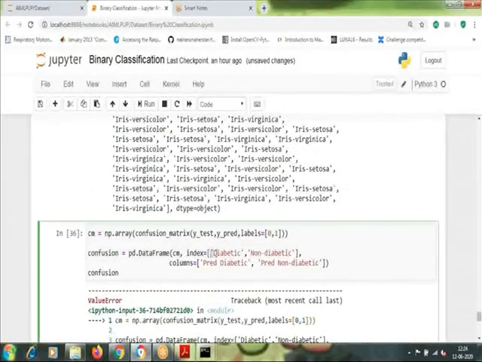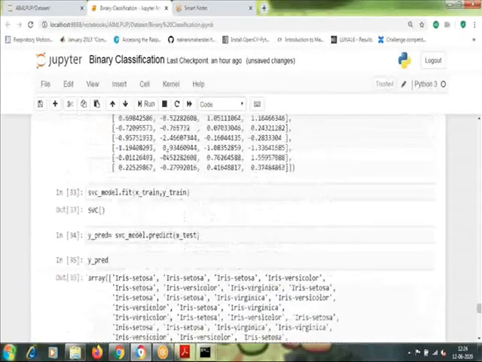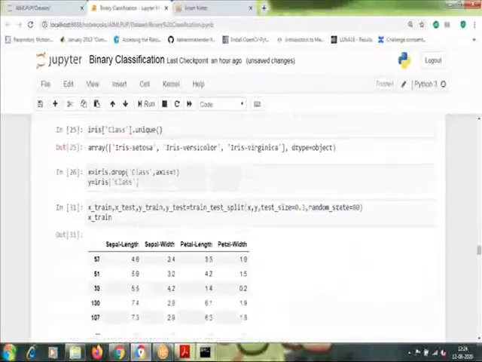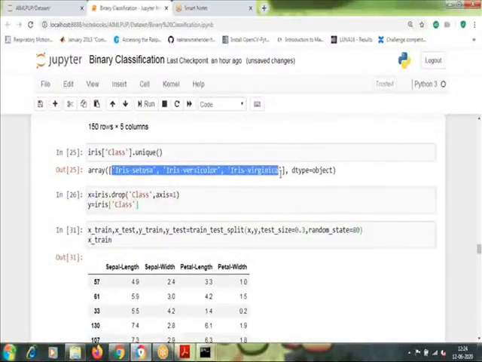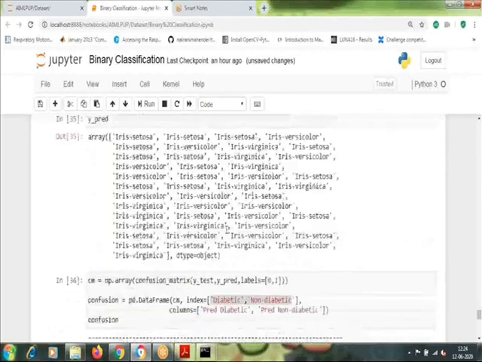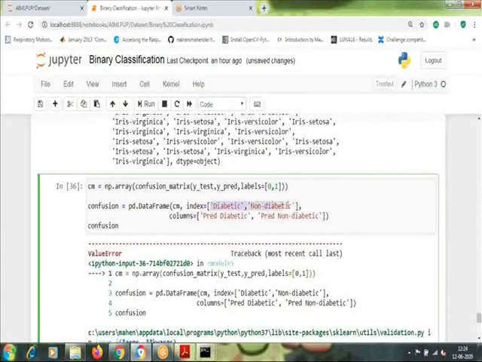Here we need to change this because now there are 3 different classes. So I am going to copy from here because we have printed it here, those 3 classes. Same way for columns, but remember columns are predicted, so I will include pred as a prefix to this.